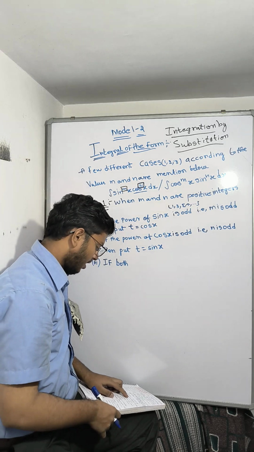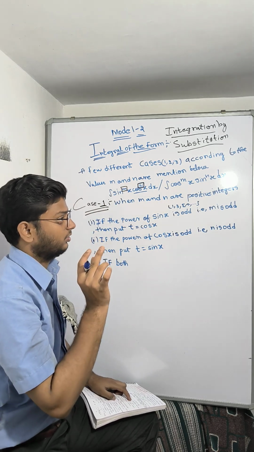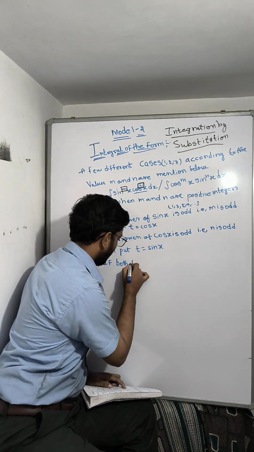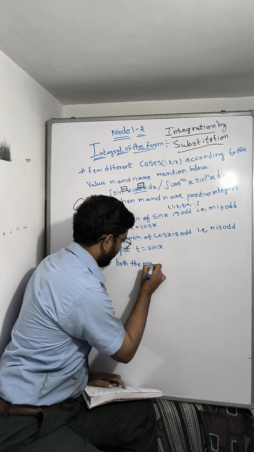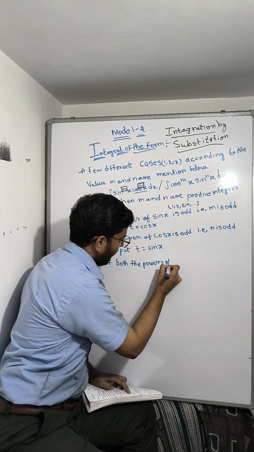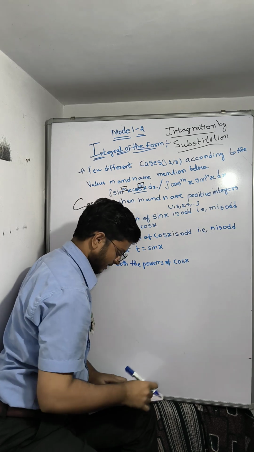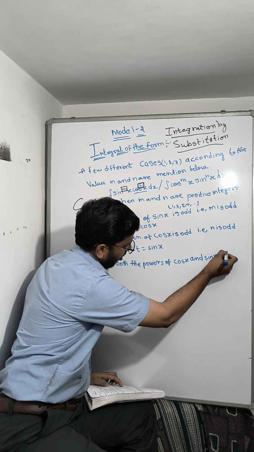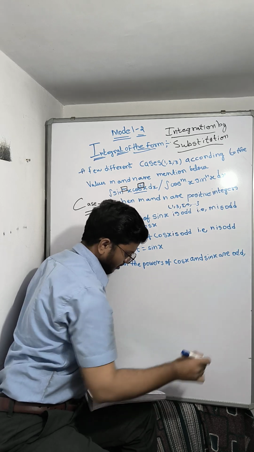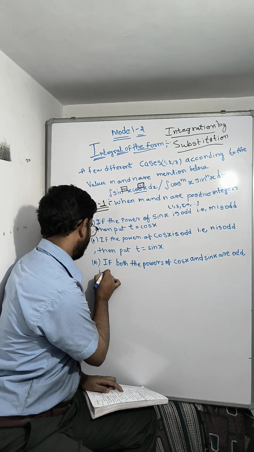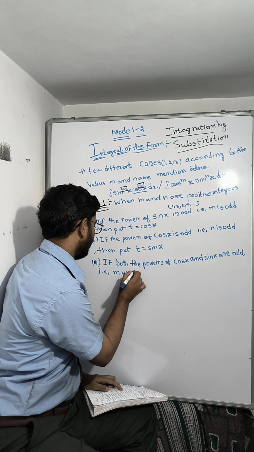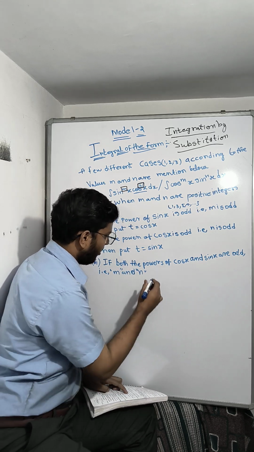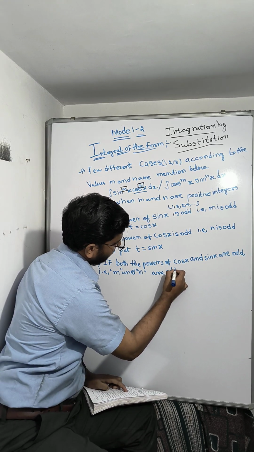If both the powers of cos x and sin x are odd, that is m and n are odd, then